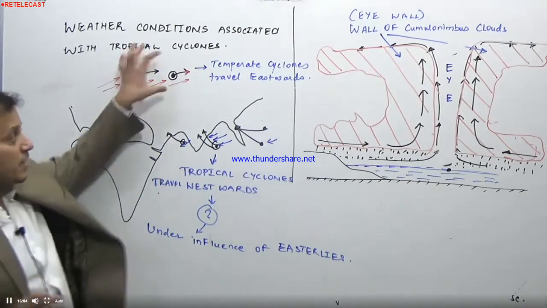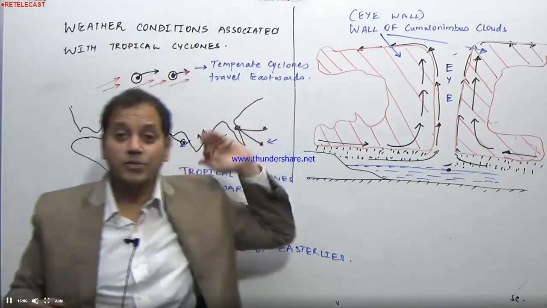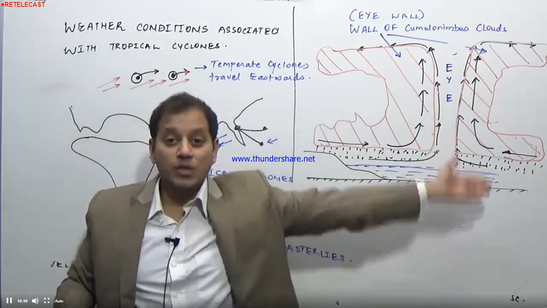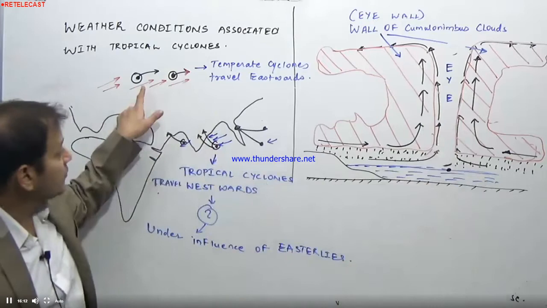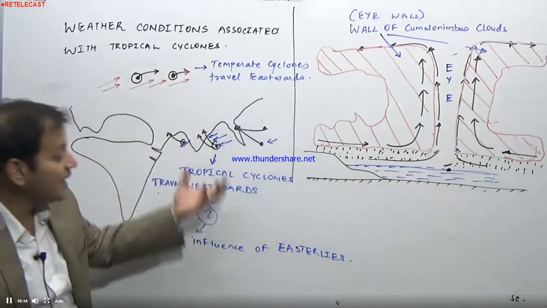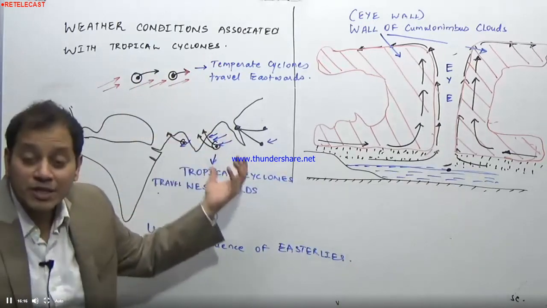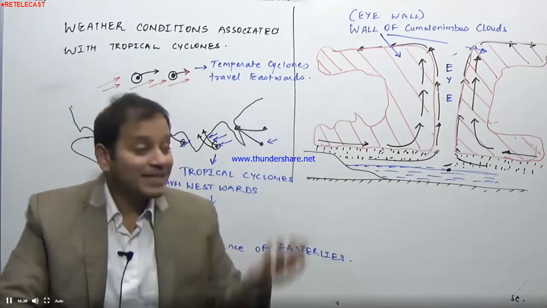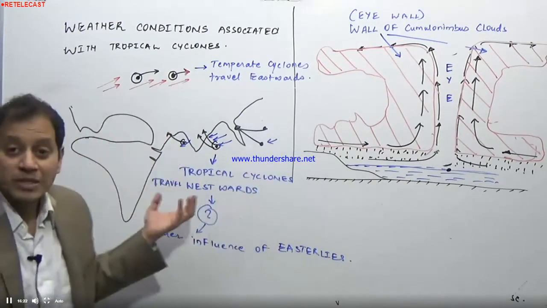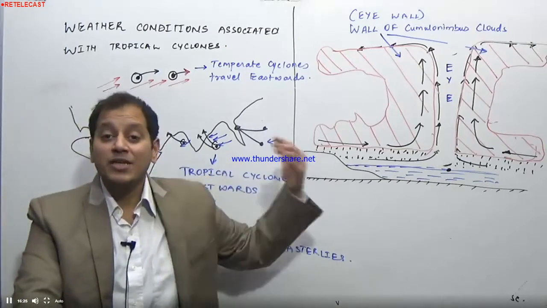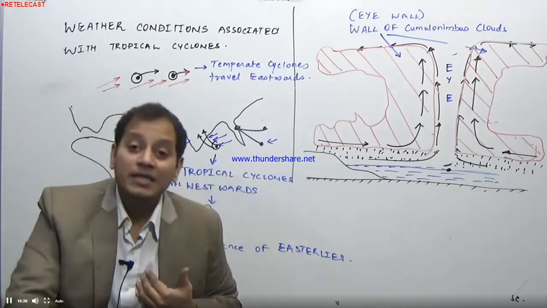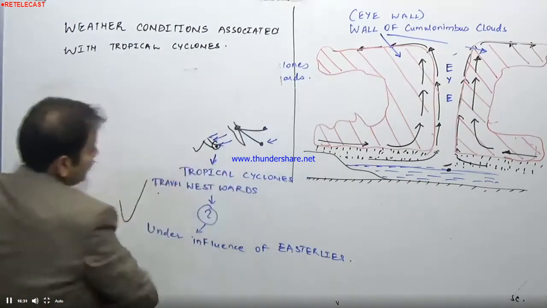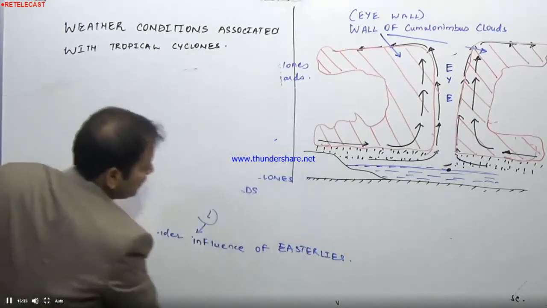So the temperate cyclones which originate in the higher latitudes come under the influence of westerlies and travel eastwards, that is, from west to east. On the other hand, tropical cyclones, after originating between 5 degrees and 15 degrees in both hemispheres, travel westwards because they come under the east to west flowing trade winds. So this tropical cyclone, when it is traveling westwards,